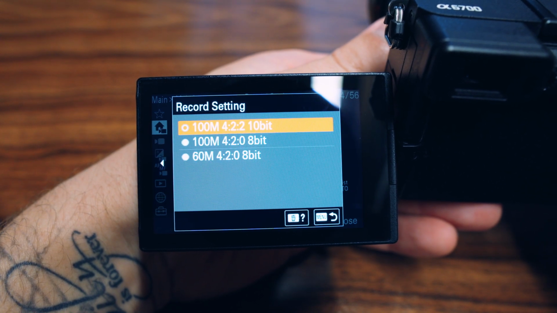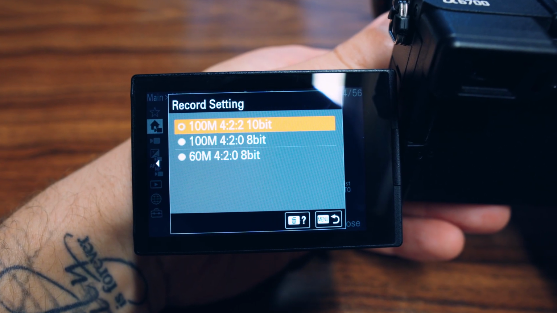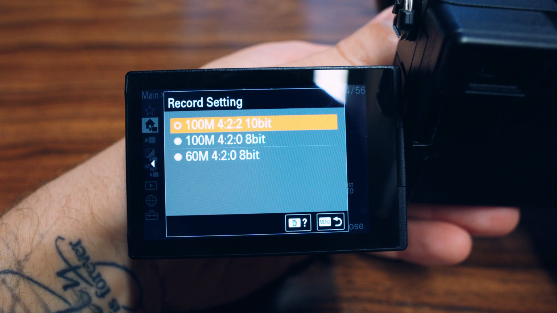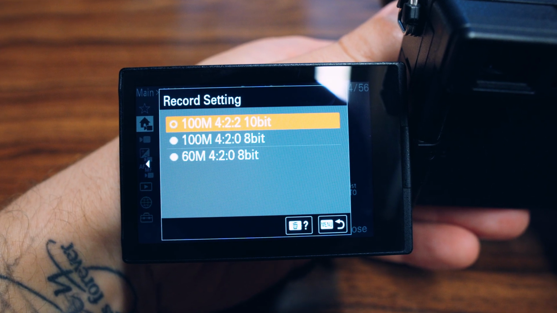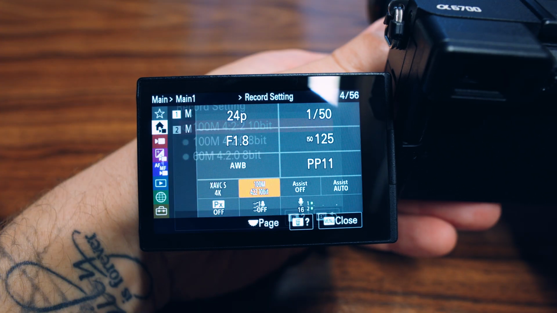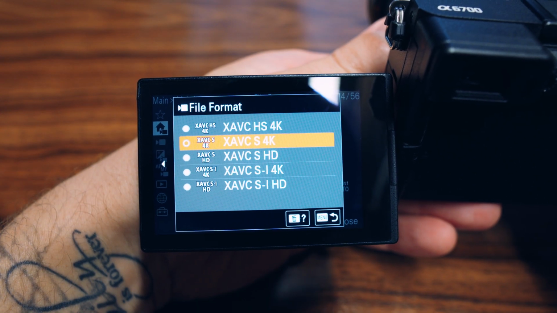Next, adjust your record settings and always set it to the highest bit rate. This gives you better color depth and more flexibility in post-production. You can also adjust your file format. The first option is